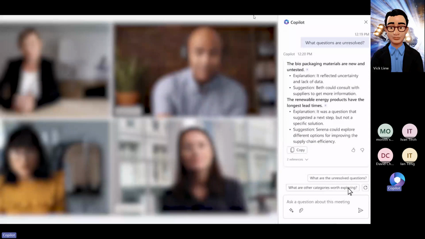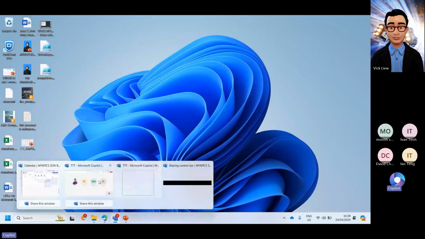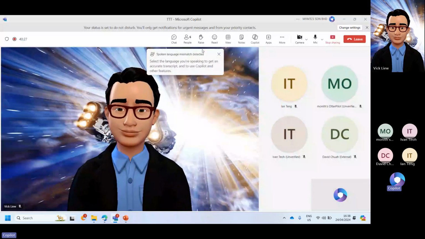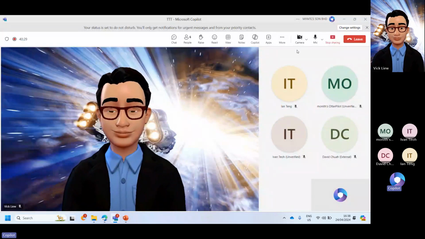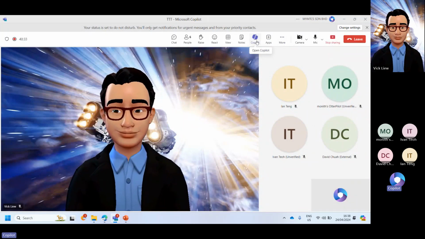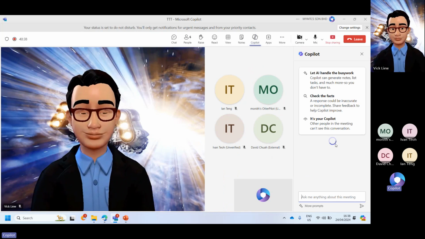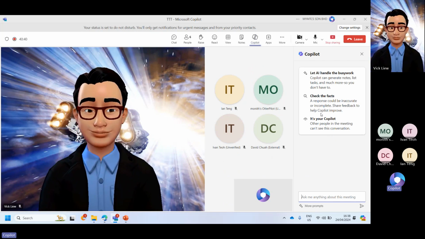So let me show you a live demo if possible, right? Let me just show you if possible. So now I'm in Teams, right? So I have my Copilot enabled in my Teams. So I can just click here, and then it will come up on the right side as a chat box,